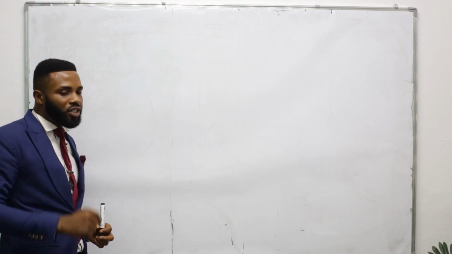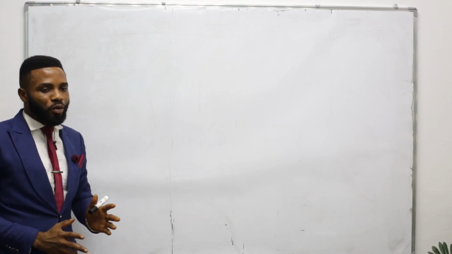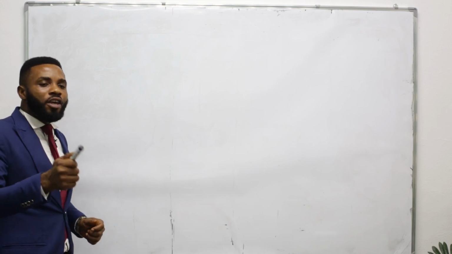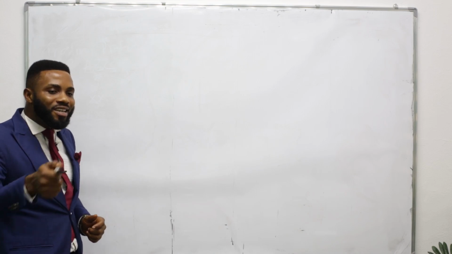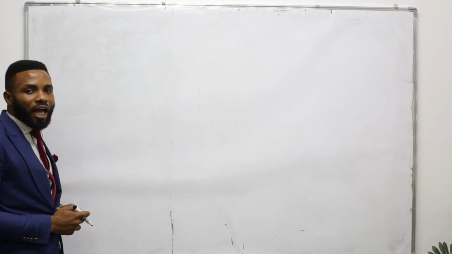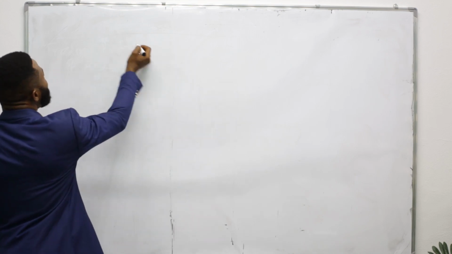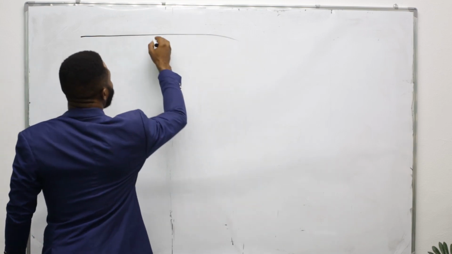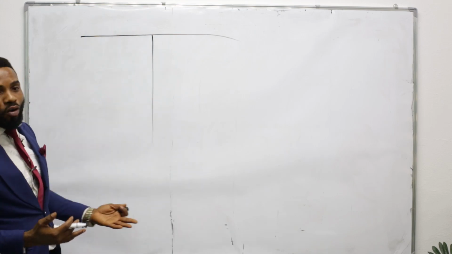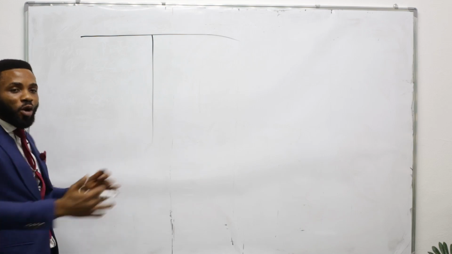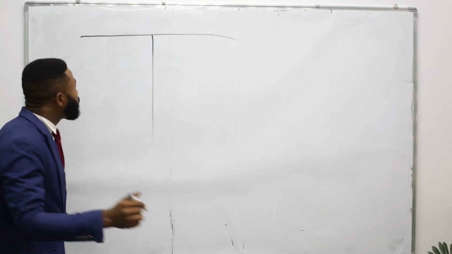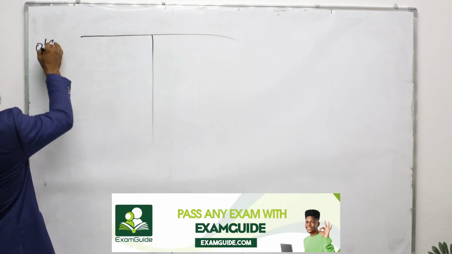So now, because this is OBJ, I'm not just going to teach you how to answer this question, but I'm going to teach you how to manage your time. Now, if you look at this, they said the gross profit is, so if you want to use the T method I taught you just now, you just need to draw your T method like this. You don't even need to write the title because nobody is there to mark your work. This is going to be rough work that you do, maybe behind the scene, not on the paper. So you know that your opening stock will come here,